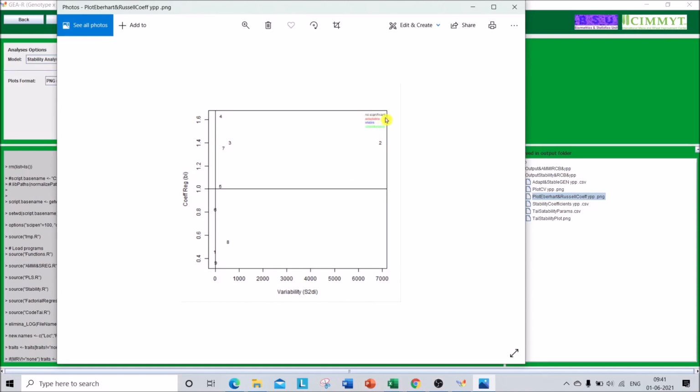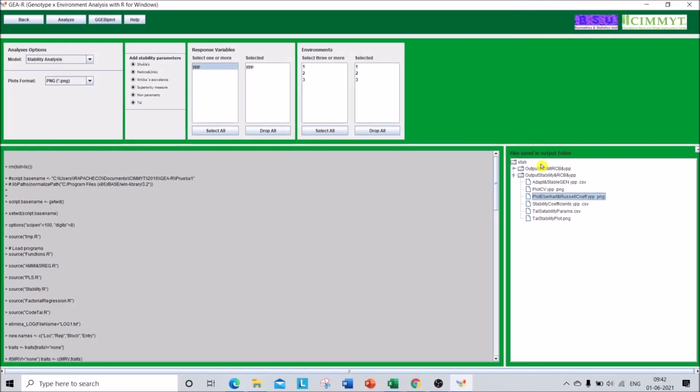The black represents not significant, the red color means adaptable to specific environments, blue color means it is stable across environments, and the green color means it is both adaptable and stable. That means it has a better response and also it is stable. But as it is a small data set, no genotype is stable or adaptable. So I'm just closing it.